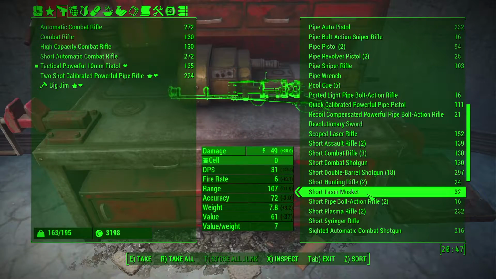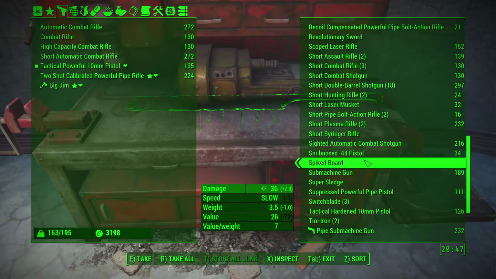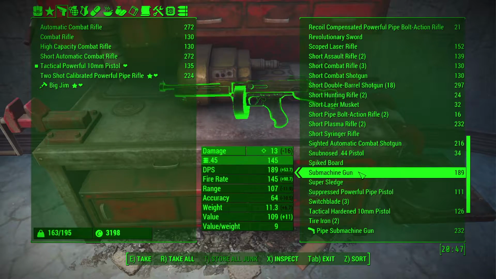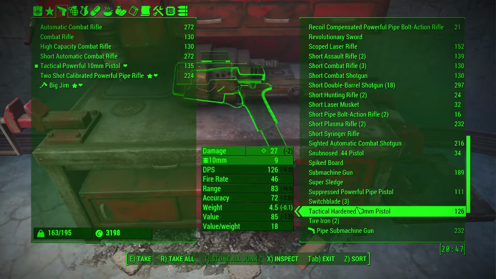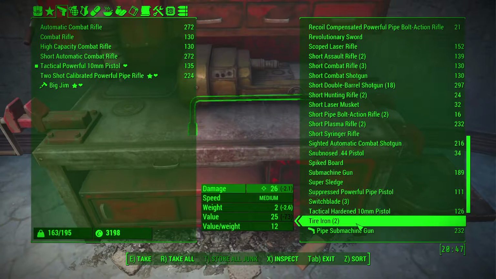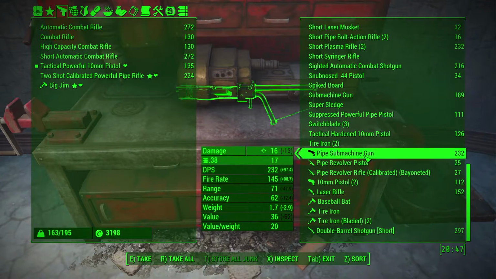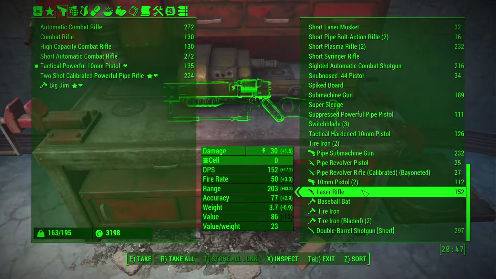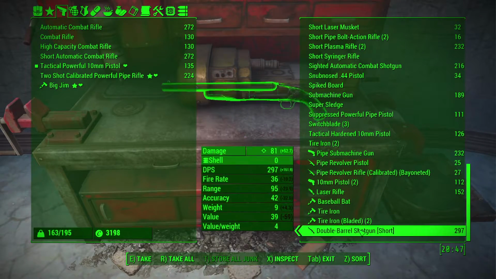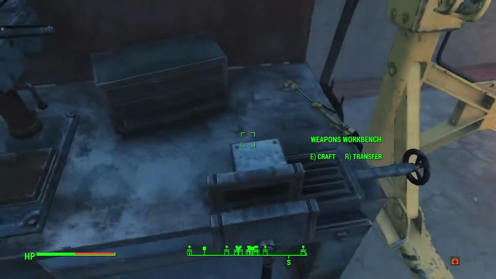Let's see. Laser muskets. Nope. Submachine gun will use them as well, but the rate of fire is my problem. I don't feel that I have enough ammunition production yet to justify it. Alright, I guess that's what we were using before, but I think we can do a lot better than that now. A combat shotgun or a combat rifle will be a much, much better...